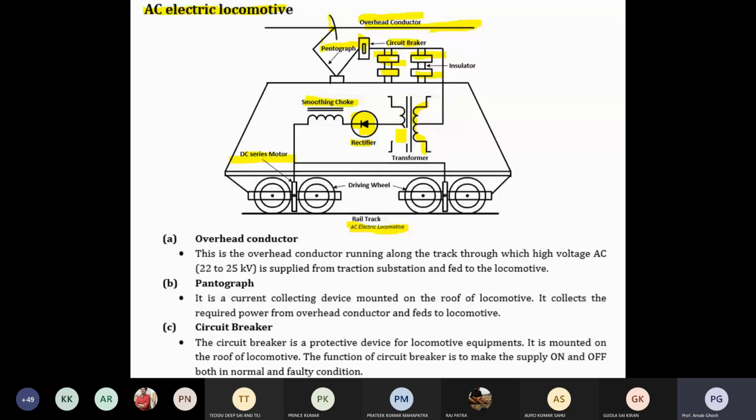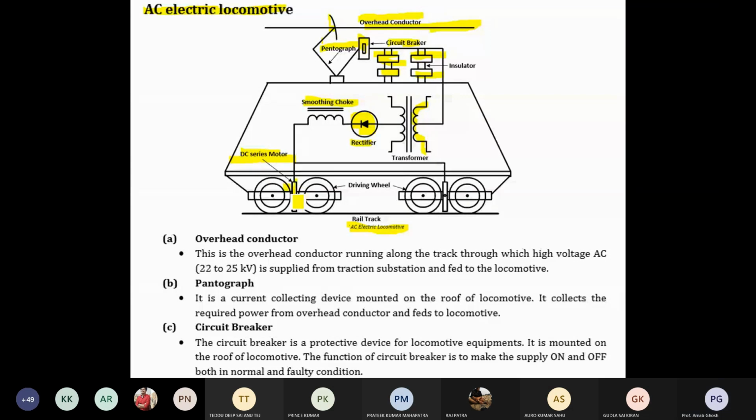At that winding, one autotransformer is also connected. In an autotransformer the slider is there, and slider means tap changer. Changing the tap changes the voltage, and that voltage directly changes the input voltage of the series motor. And this is the pinion we are joining to the series motor.